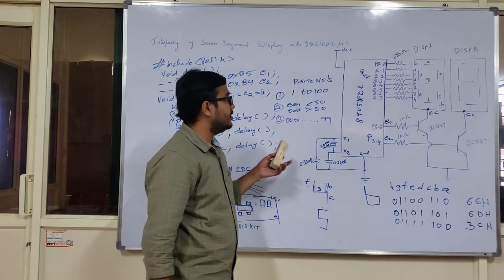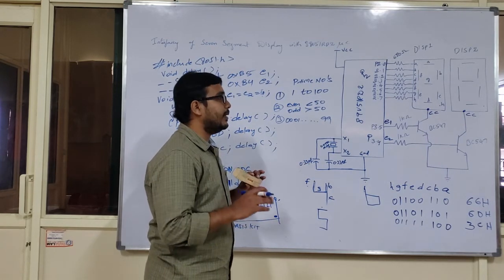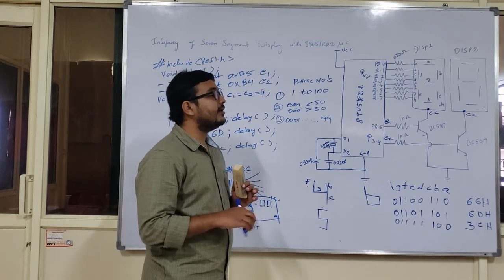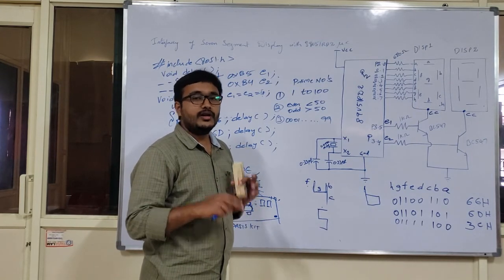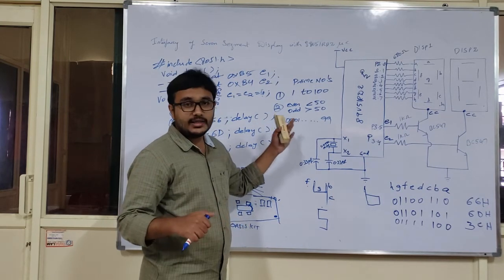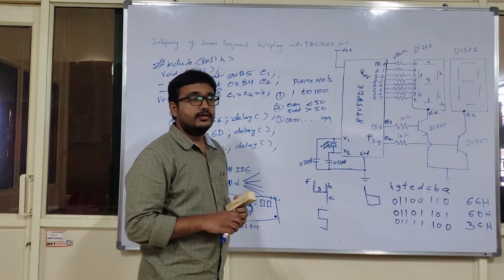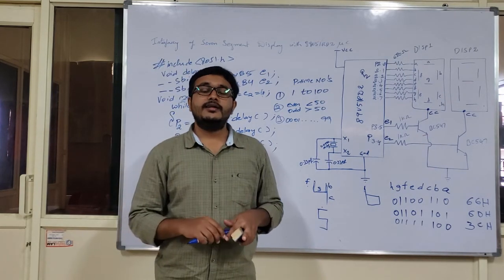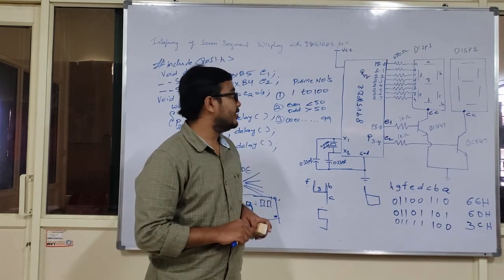in this concept. The only thing you must be perfect in is programming. That means you should be very good at C programming. Once you are good, you can develop and execute different assignments. So this is the discussion on the 7 segment display. Let us move to the hardware part now.